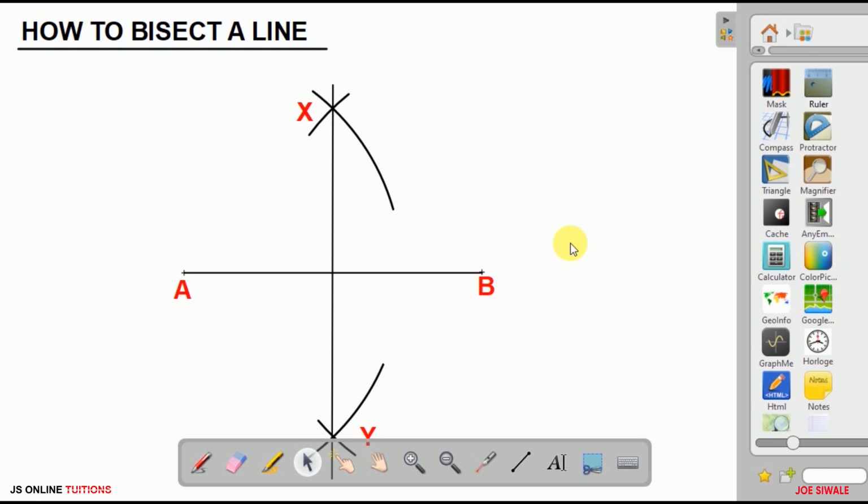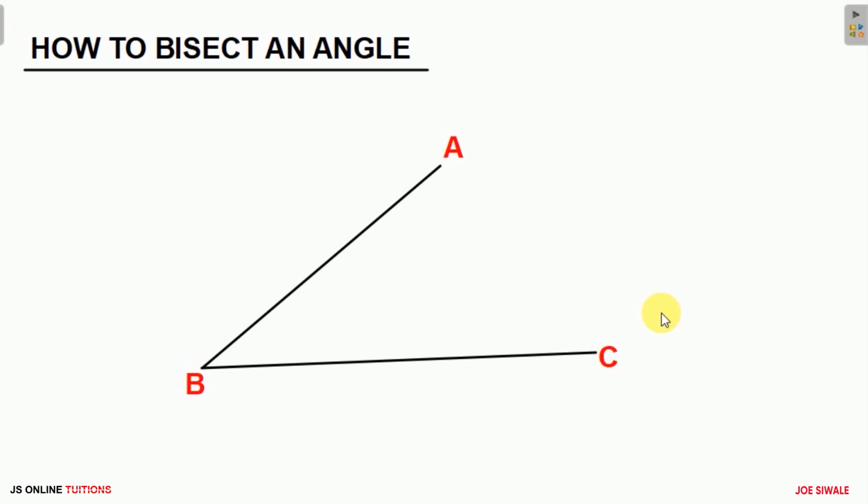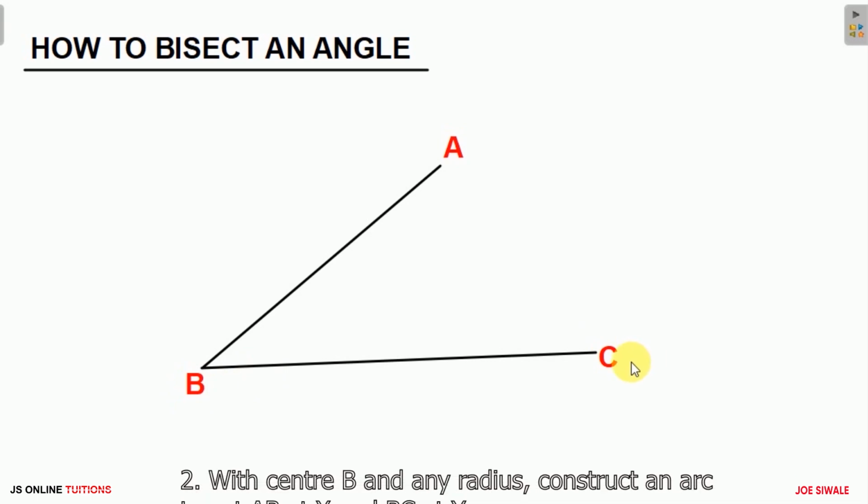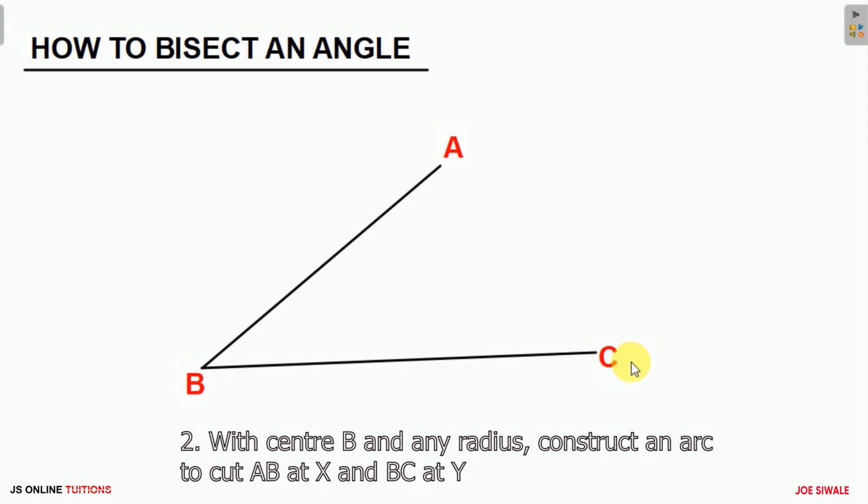So this is how you can bisect a line. Let us now look at how to bisect an angle. So the first thing that we need to do is to draw any angle ABC. So as you can see from the diagram, we have already drawn angle ABC. Then the second process, with center B and any radius, construct an arc to cut AB at X and